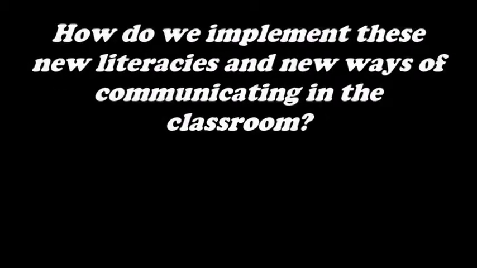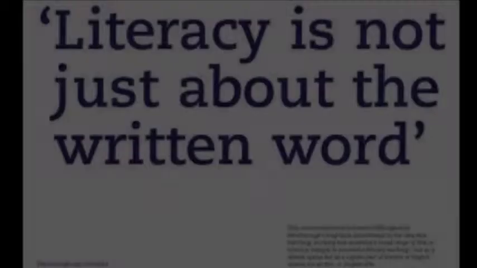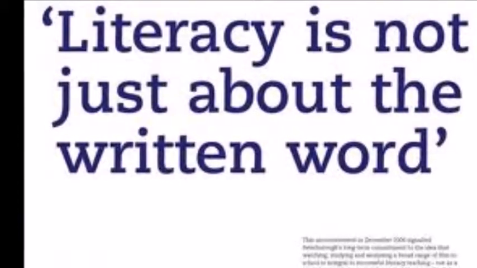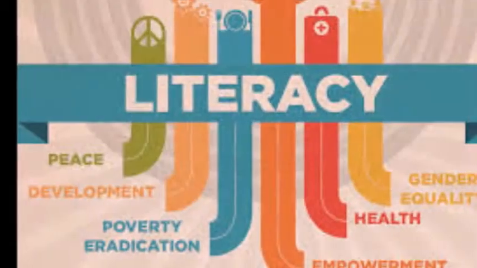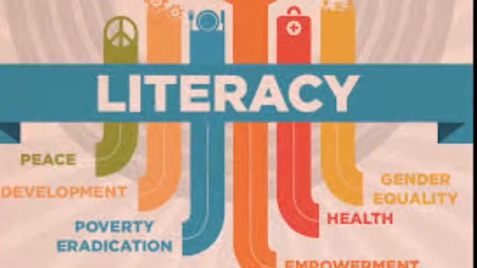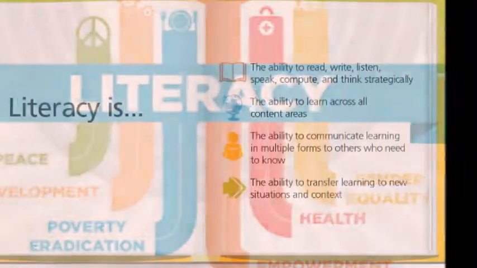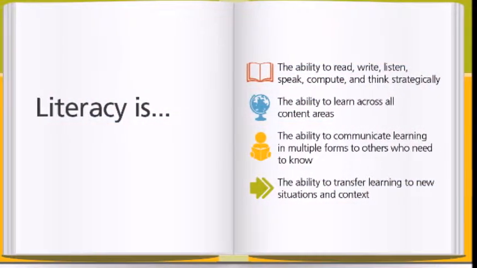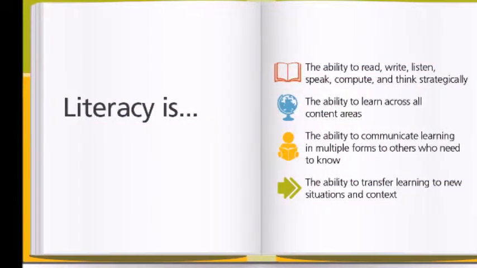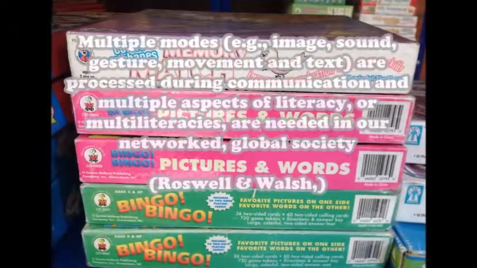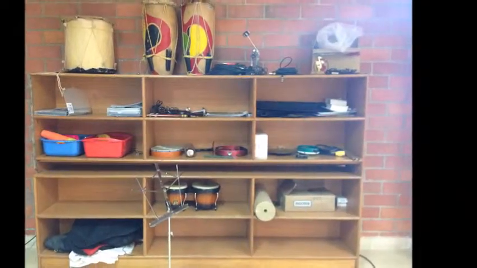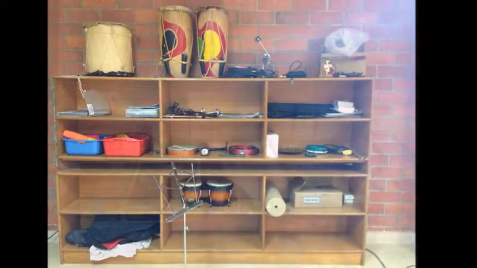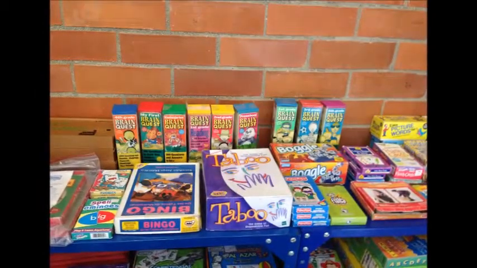So, how do we implement these new literacies and new ways of communicating in the classroom? We must incorporate a merging of modes, which are resources for meaning making. These modes, linguistic, visual, audio, gestural, and spatial, can be combined or be used alone in order to achieve an effect in text. Therefore, teachers must learn to use these modes of communication in the classroom. If students use different modes of communication outside of the classroom, they can use them inside in order to learn. For example, social networks can be used to create new meanings through online interaction.